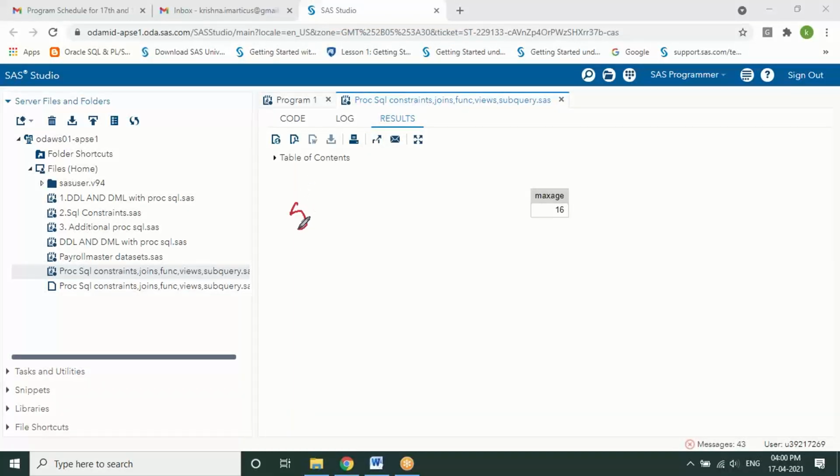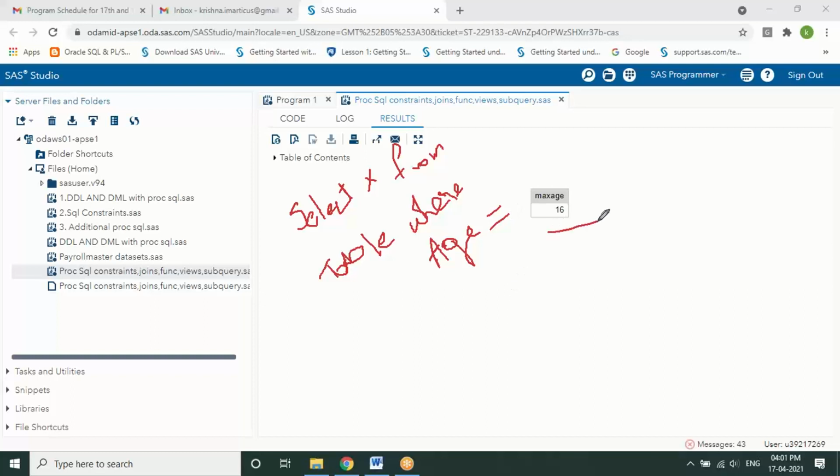Select star from table where age equals the result set. What is the result set? It is 16. So if I write this query, I get to see the entire table displayed based on a condition. Here the condition I have written is where age equals the result set.